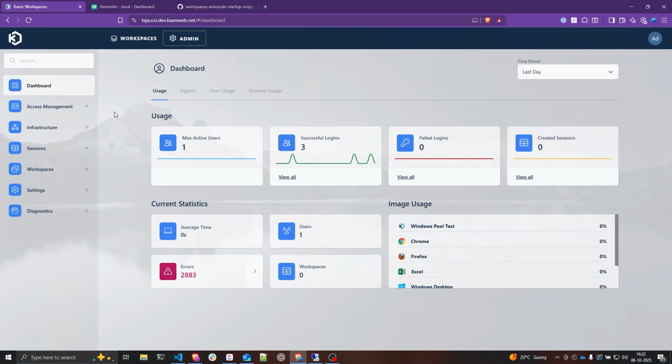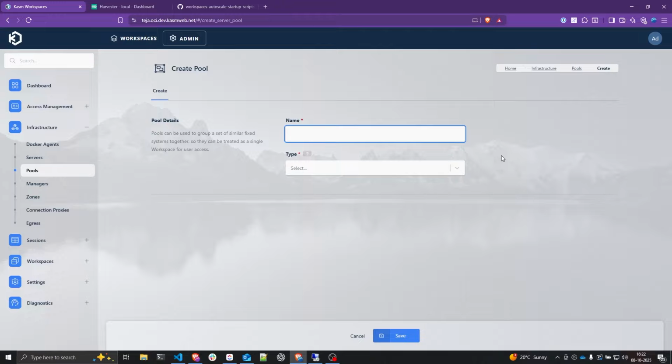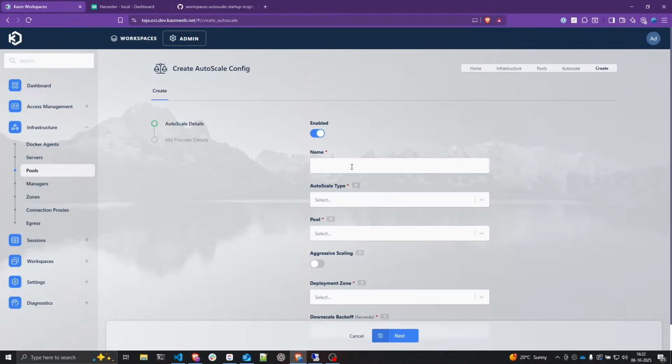So in order to configure autoscaling, you need to first create a pool. So I'll go to infrastructure, pools, and then click on add to create a new pool. I'll name it as Windows pool. And then I'll select the type as server, click save. And now I'll create an autoscale config. So I'll click on all autoscale configs, click add, and then I'll name it as harvester